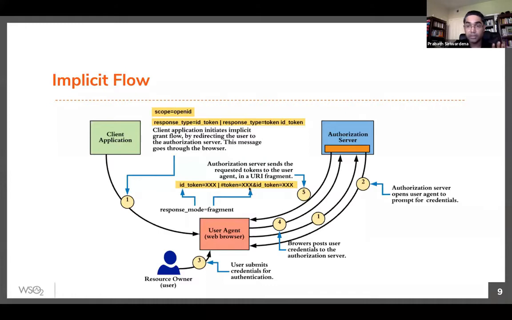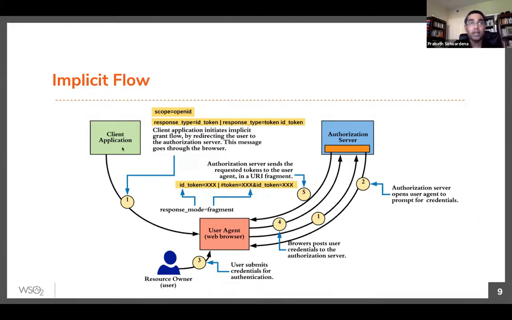So we are talking about the implicit grant type, no ID token, just a token as a URL fragment to the client application. Now, if you pass the state parameter, the authorization server must return back the same state parameter to the client application. So that means in addition to the token, you will also see the state parameter.